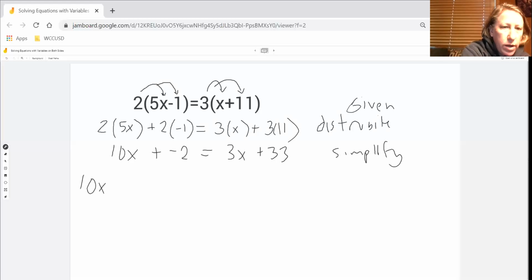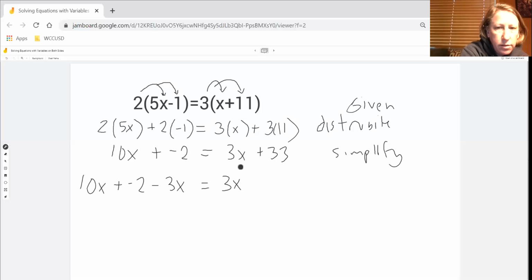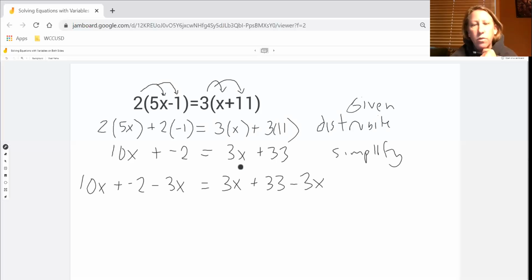I'm going to take away 3x on both sides. Why am I doing that? That creates a 0 pair. You see the 0 pair? What's 3x and negative 3x put together? That's 0. That's a really good idea, because now